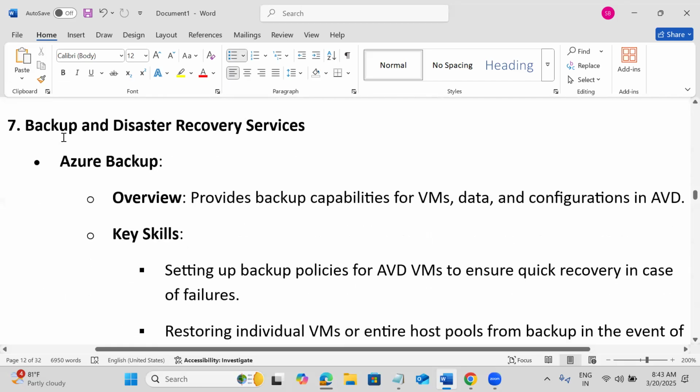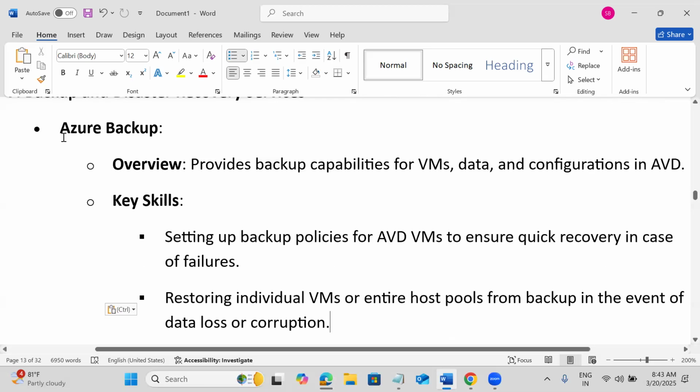Then for AVD, for VMs, for databases, definitely we need to plan in the SRE role for the backup and disasters, we need to take care. We need to have good knowledge on how to take the backups and how to restore if any disaster happens. We require that expertise for SRE kind of job roles.